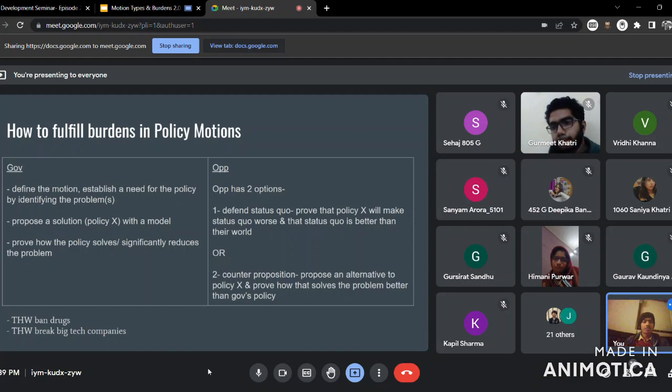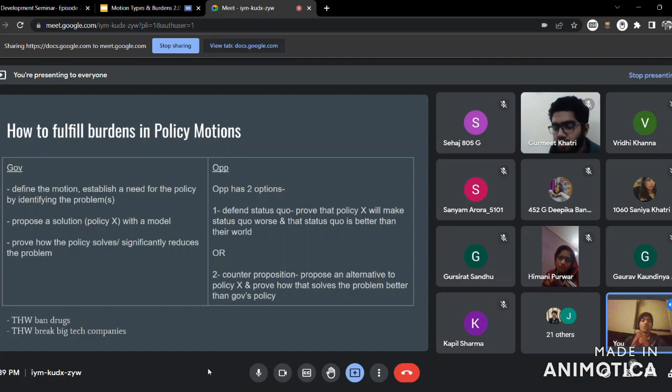The problem that happens is people try to win the debate by crafting creative definitions or strategic definitions. So, what is the problem with that? If you define something in a particular way which skews the debate to your favor, that is disadvantageous to the other team and that leads to an unfair debate, because you defined something in a manner favorable to you, so obviously the job for you becomes easier. Or similarly, if the other team is doing so, the job for them becomes easier. So that should not happen in a debate.